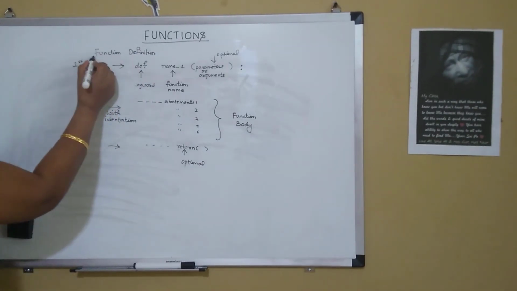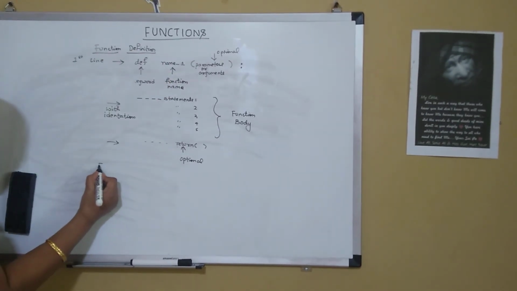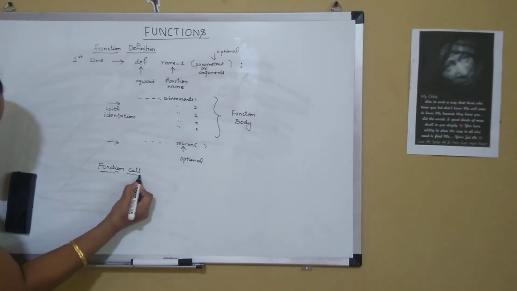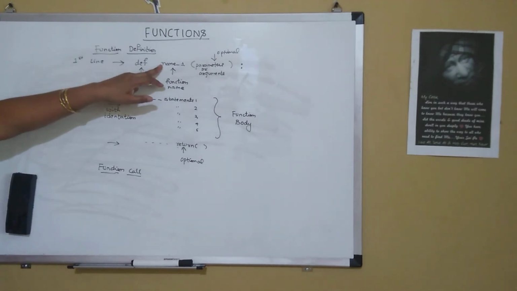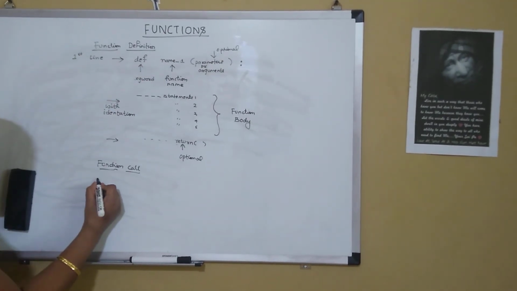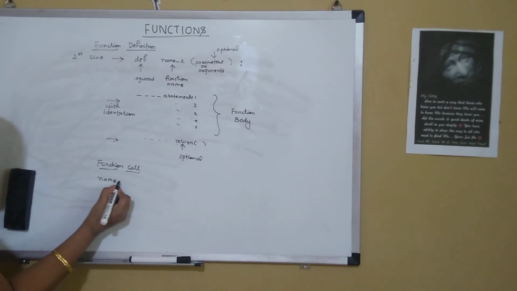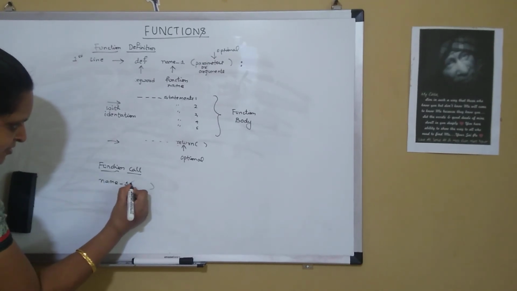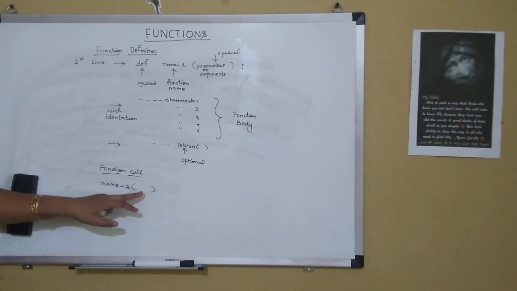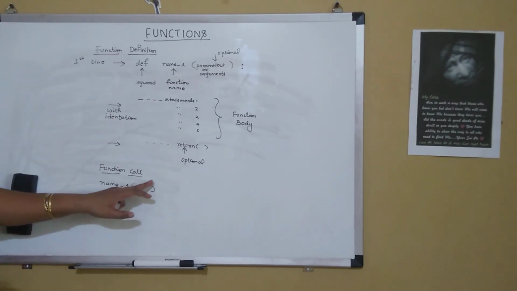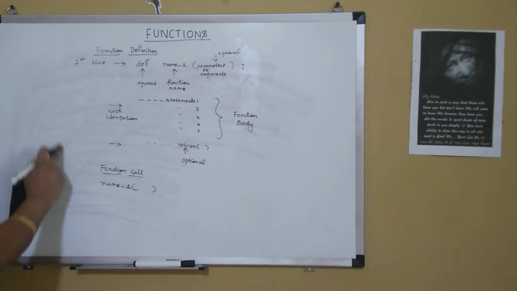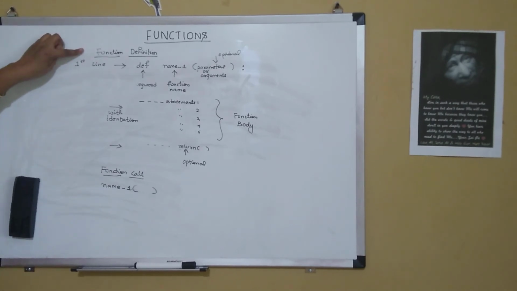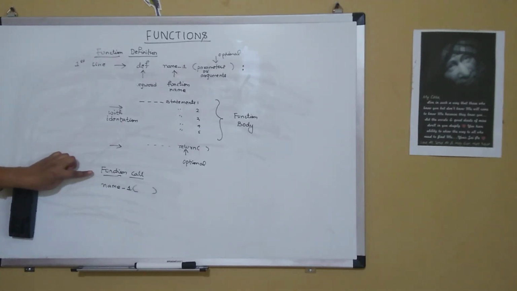So now let's see how to call a function. So, function call. How do we call the function? We have to give the function name and parentheses. So we say name_1, which is this function name, and then in parentheses, if parameters are there, we can pass the parameters, or we can just open the parenthesis and close the parenthesis so that we can call this particular function. So basically functions have 2 parts, function definition and function call.